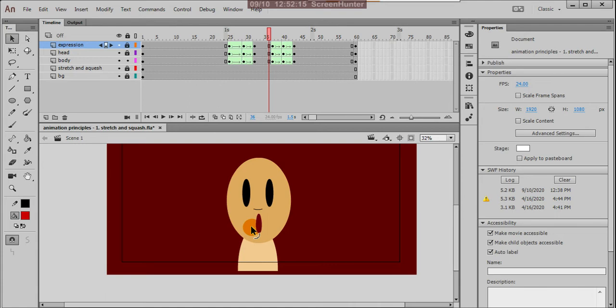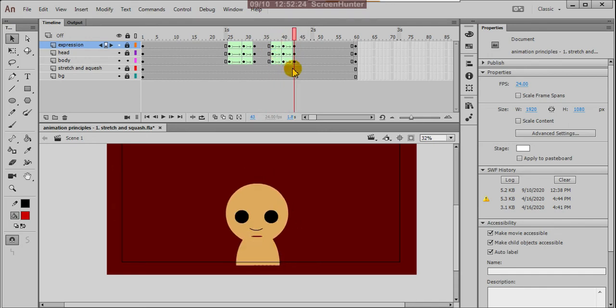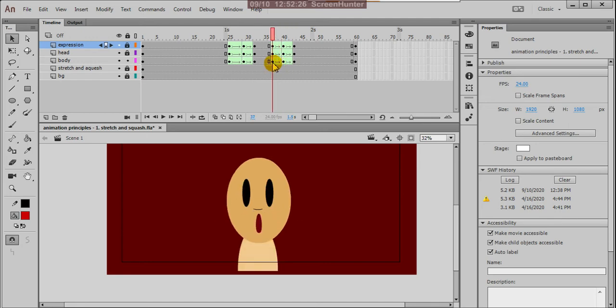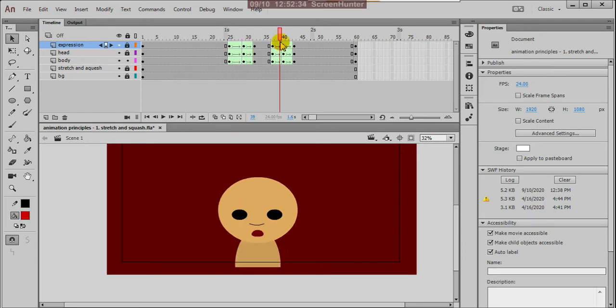Here he is noticing. Then after noticing, he is coming to settle, he is coming into normal, because nobody can stay in the same stretch for a long time. After noticing something, he is coming and settling into the normal position.